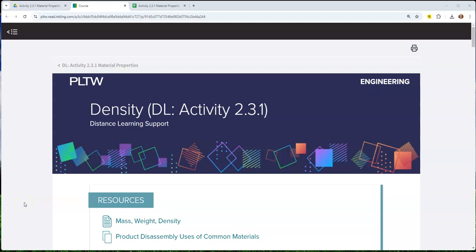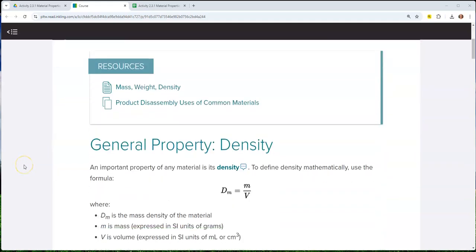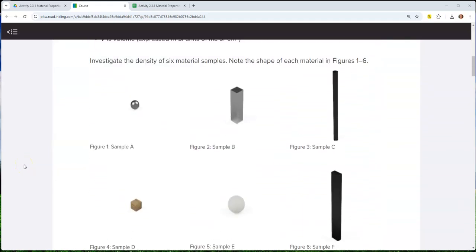This is a video for how to go about calculating volume and weight density of a given sample in Distance Learning Activity 2.3.1 Material Properties for your Introduction to Engineering Design class. Within the Distance Learning Activity for Materials Properties, as we scroll down, you're going to notice they give you some